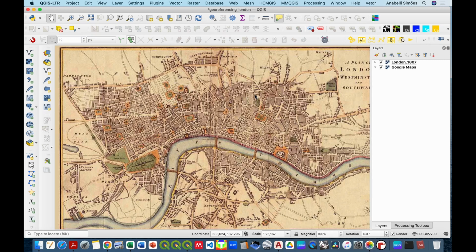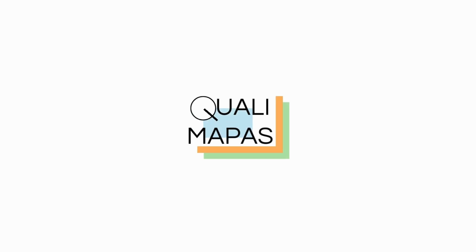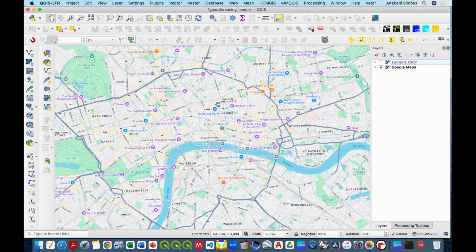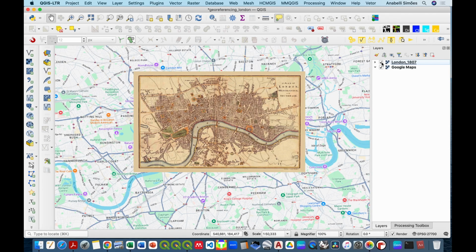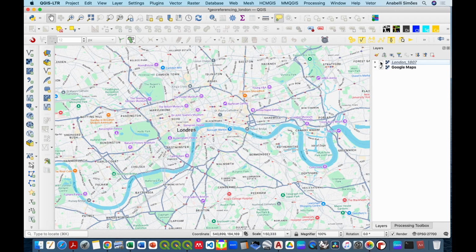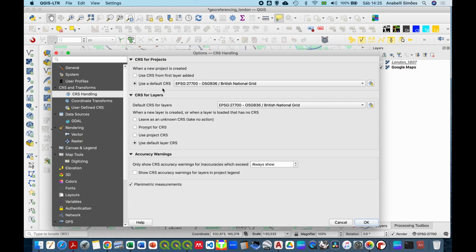I am Annabelle and today we're going to learn together how to georeference an image in QGIS. This is a cool map from London, and here it is nicely positioned where it should be. How to do that? The thing you need to do is go to the preferences and set up the CRS,